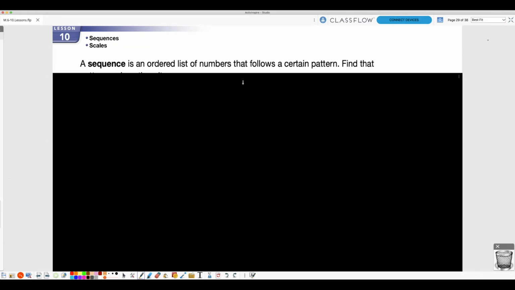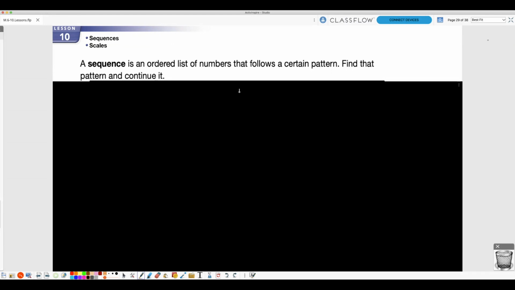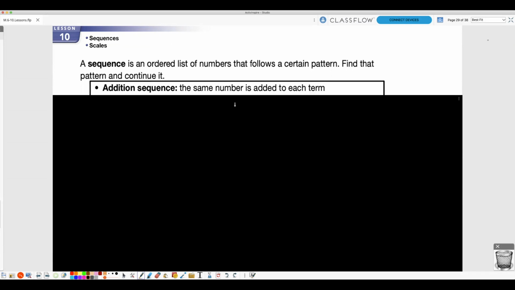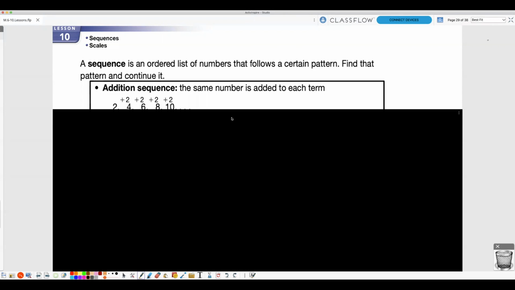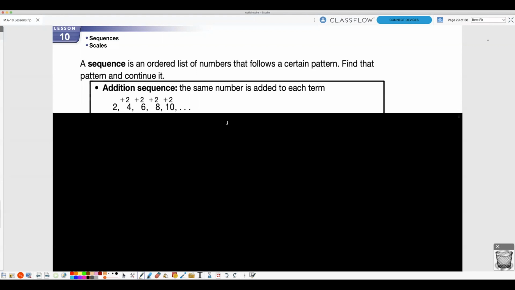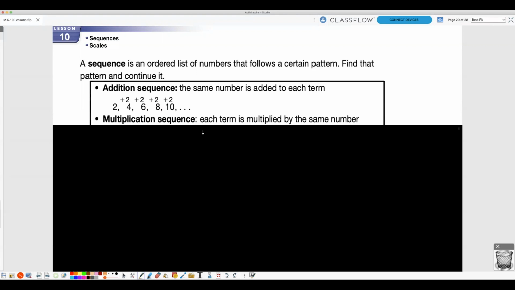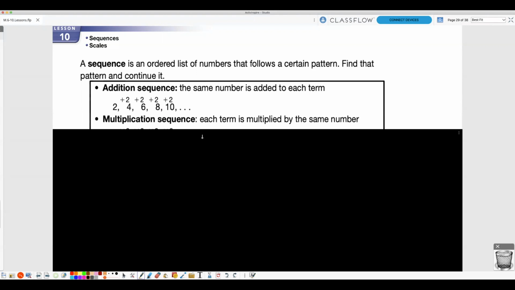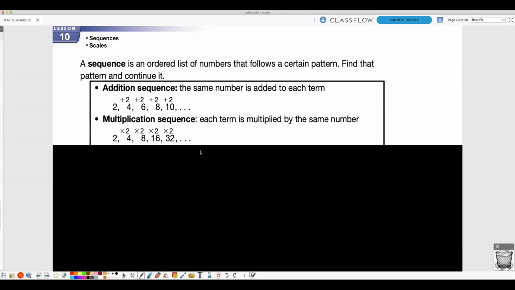A sequence is an ordered list of numbers that follows a certain pattern. So find that pattern and continue it. An addition sequence would be the same number is added each time to each term. So like 2 plus 2 plus 2 results in 2, 4, 6, 8, 10. That's an addition sequence. A multiplication sequence, each term is multiplied by the same number, like 2 times 2 is